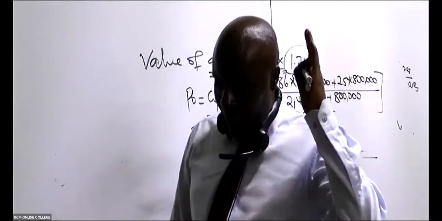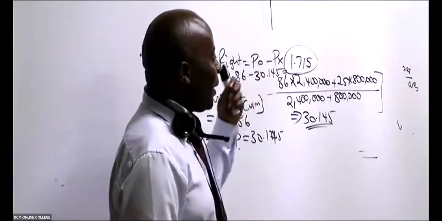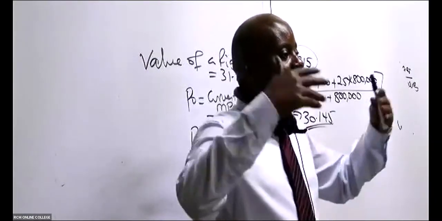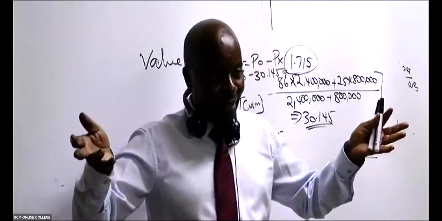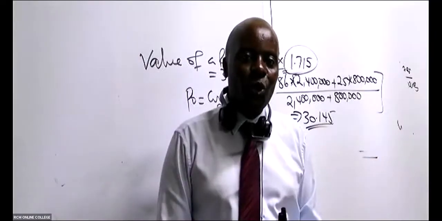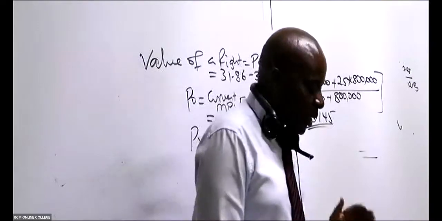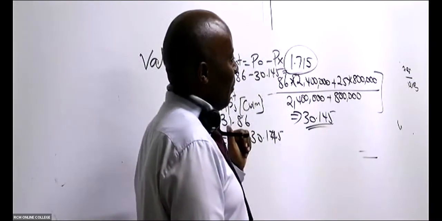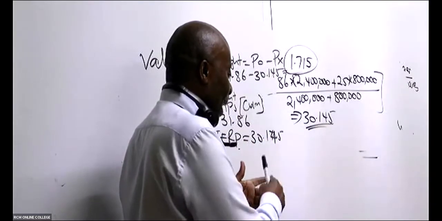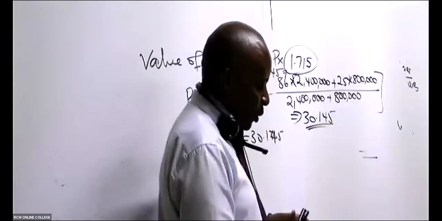There are 3 of them. He can decide to exercise the rights. If he exercises the right, then he is purchasing the new shares. Or he can say, I'm going to sell the rights because I don't have money. So I sell all the rights. Or I decide to do nothing. We shall be seeing in our next class, he can only lose if he does nothing. But either if he decides to sell his rights or to buy new shares, the wealth will never be different. The wealth will always be the same.